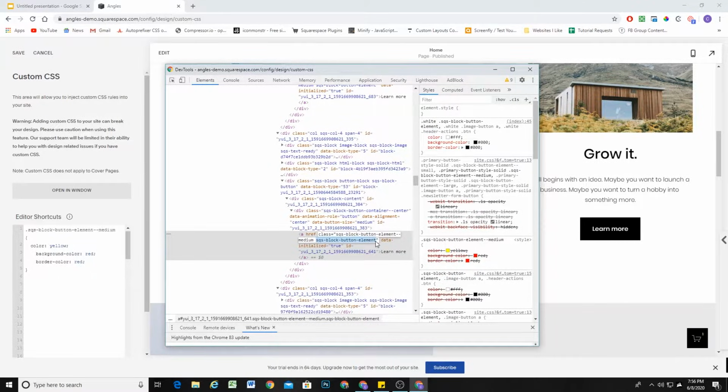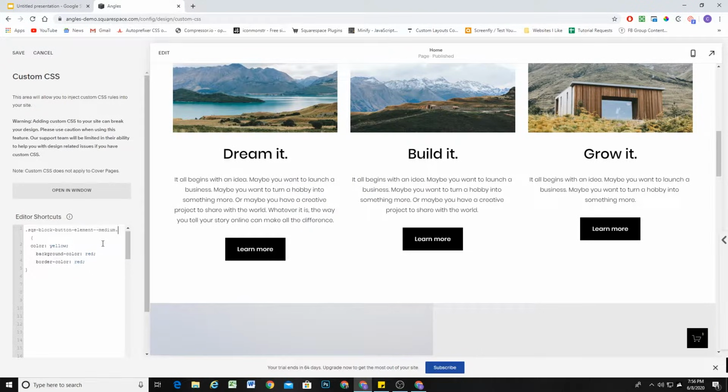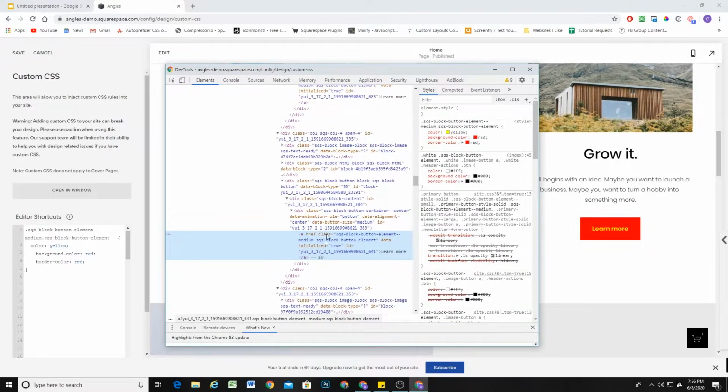So if you are targeting multiple classes on a single element, then you target both of their classes, but you don't include a space. So all in one string, essentially, you're targeting both classes with no spaces. So another way that I could have included two classes, like let's say this only had SQS block button element